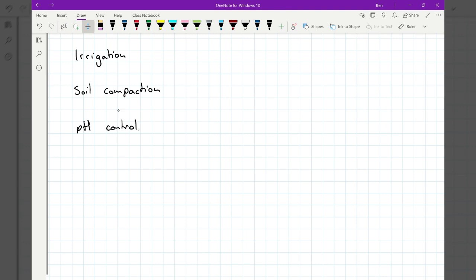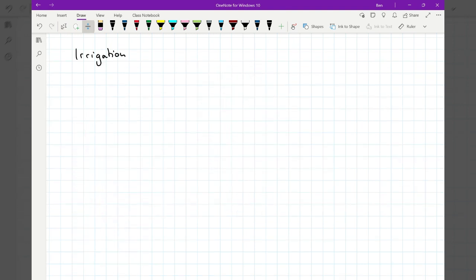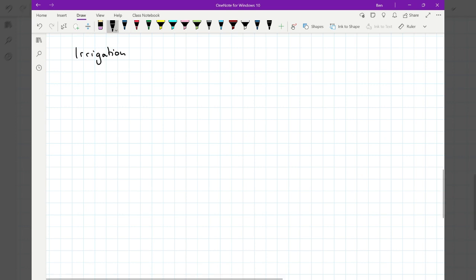Hello, so let's finish off this section then by looking at irrigation next. So irrigation is where we are adding water to fields where water is a limiting factor. So we're removing water shortage as a limiting